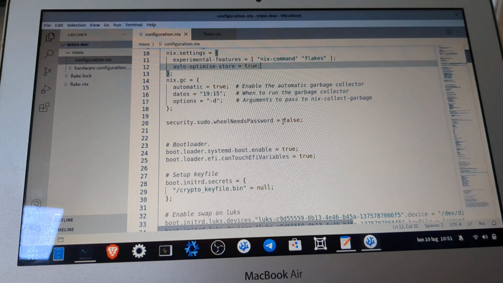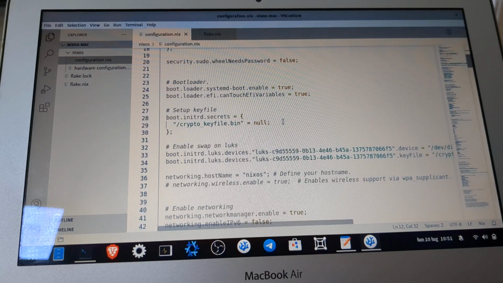Then another interesting thing that you can see here is that we can enable the users of the wheel group to use sudo without a password.